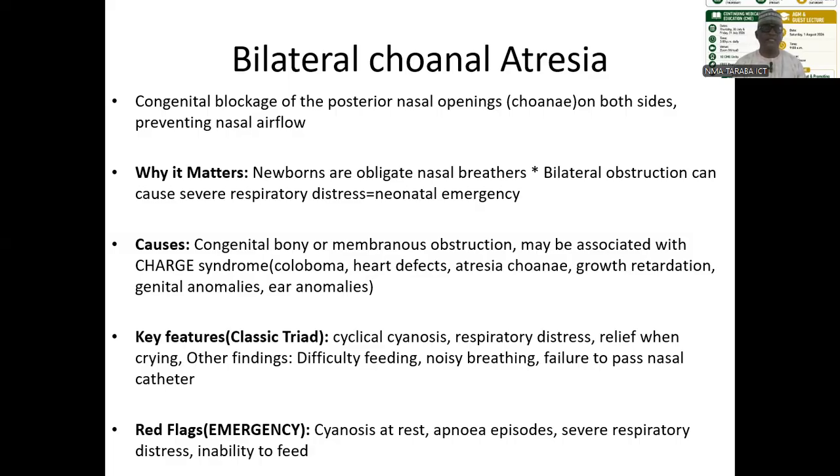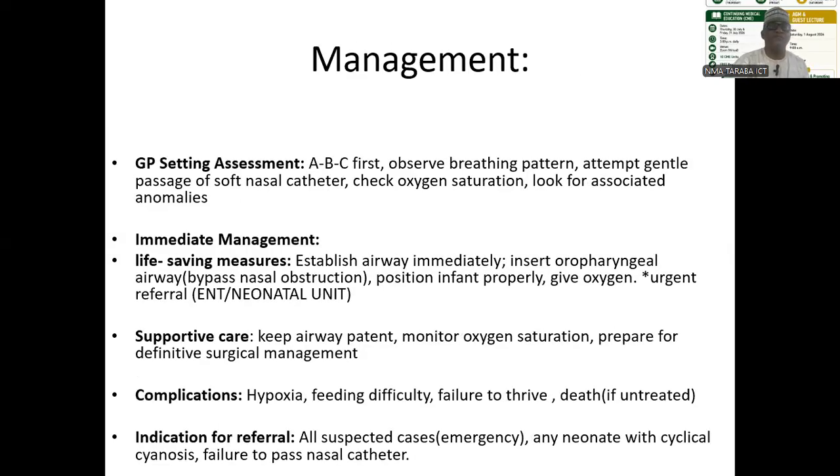Apnea episode and severe respiratory distress and inability to feed, because when they are feeding, the mouth is closed, so there will be no place for the child to breathe, and the child will not be able to feed. You have to remove the mouth from the breast so that you'll be able to get some air in and